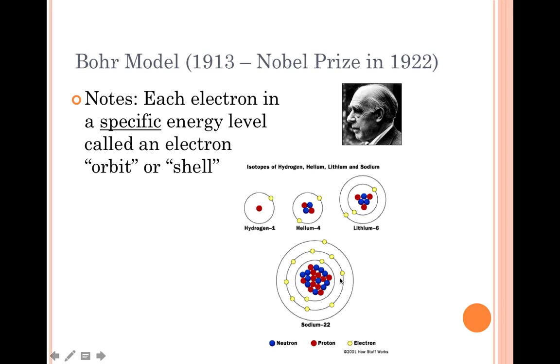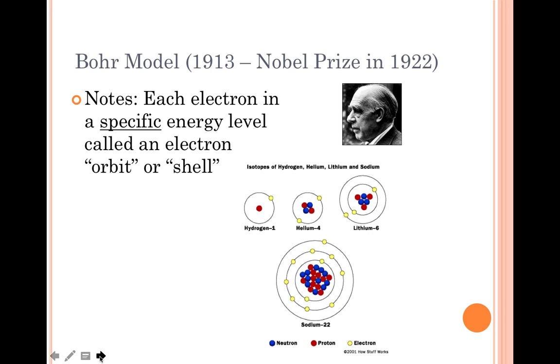And you probably drew pictures like this in the 8th grade. And the idea is he thought the electrons were orbiting the nucleus kind of like planets around the sun. They had specific orbits. So just like Mercury doesn't go just anywhere in the universe, it stays in an orbit. He said the electrons also stayed in very specific orbits where they possessed a certain amount of energy, so they didn't go crashing into the nucleus in order to stay in those orbits, sort of like planets around the sun.